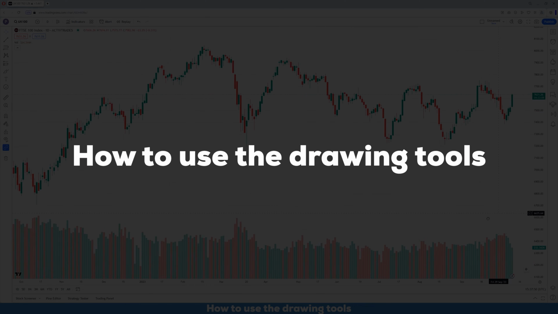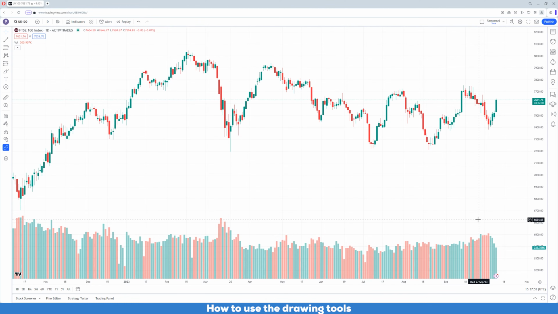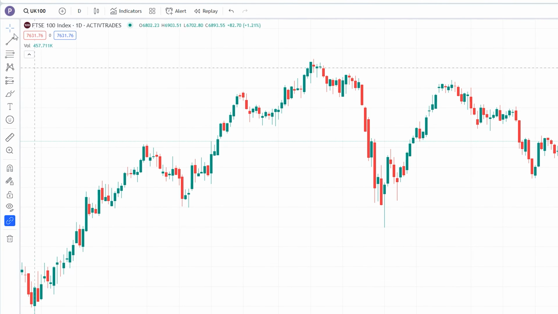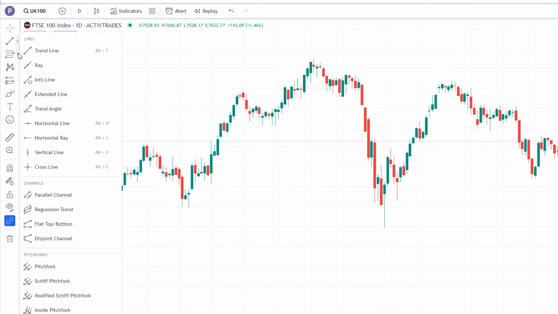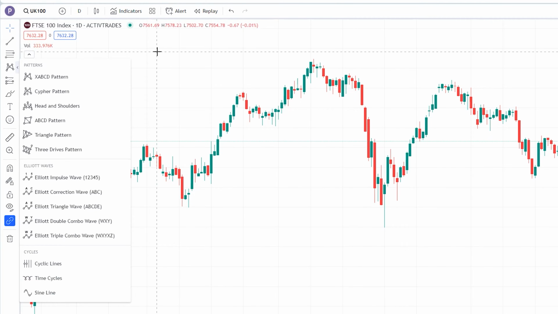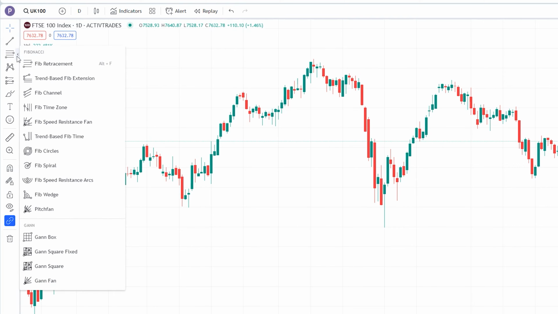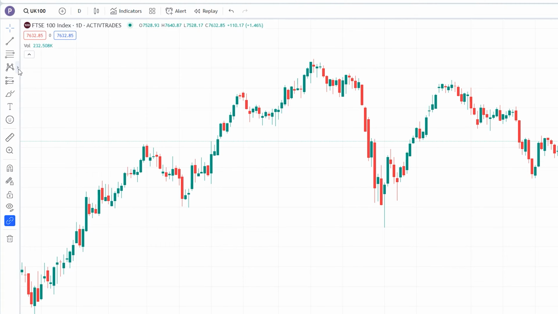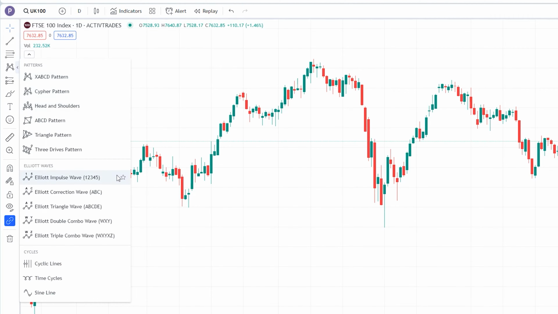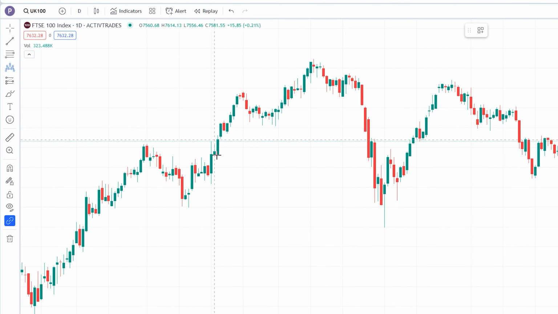You can access a variety of drawing tools and studies by using the menu on the left-hand side of the screen. Clicking the small arrow toggle on the side of each button will show different tools available under each section. The Trendline Tools button has tools such as standard trend lines, vertical lines, horizontal lines, extended lines, and channels. The Gann and Fibonacci Tools button has all the Gann and Fibonacci tools you'll ever need. The Patterns button has different tools for identifying important patterns. The Head and Shoulders tool, for example, lets you plot the pattern very quickly without having to do this manually